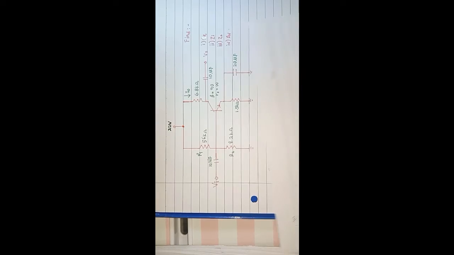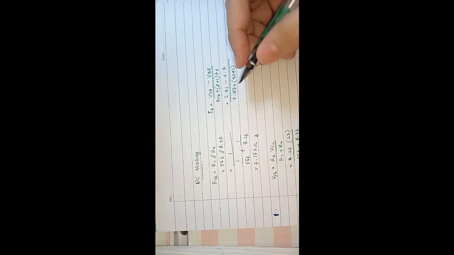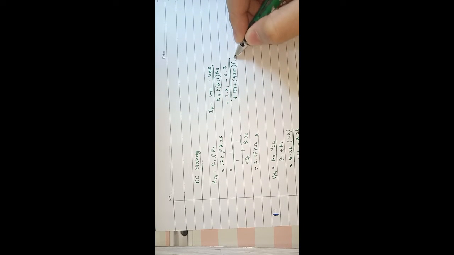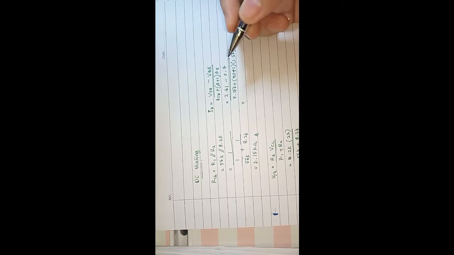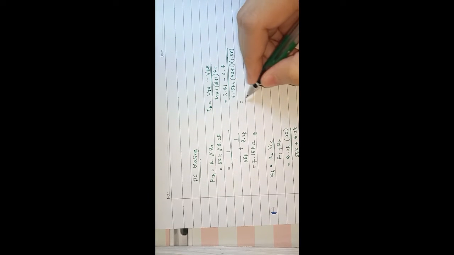The RE is 1.5 kilo ohm. So IB we will get 14.69